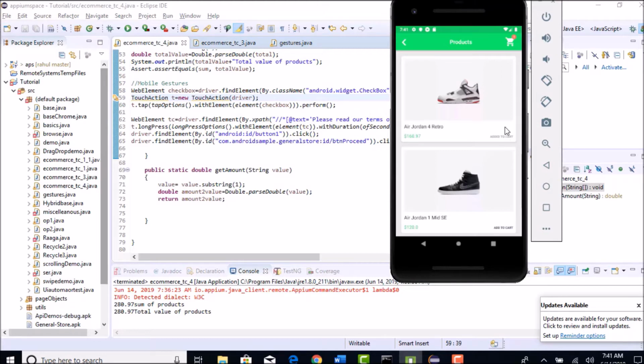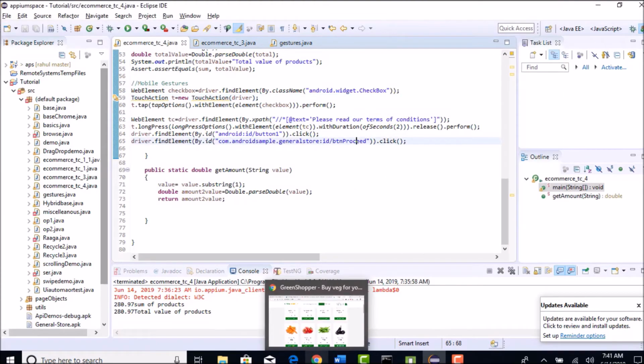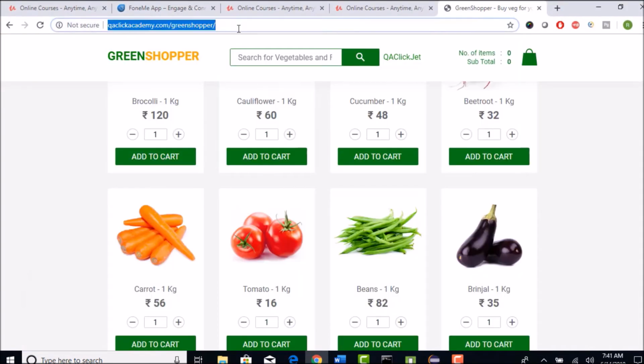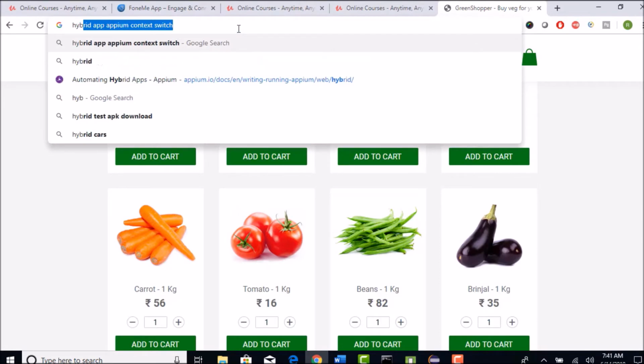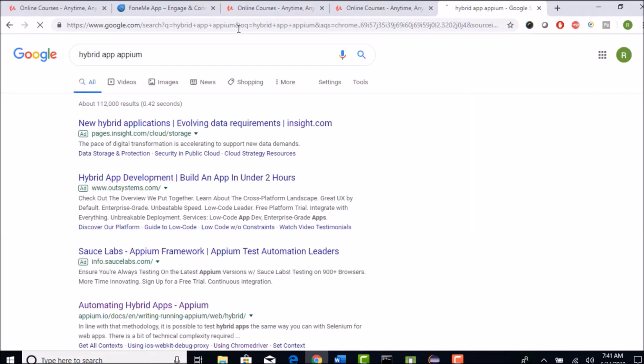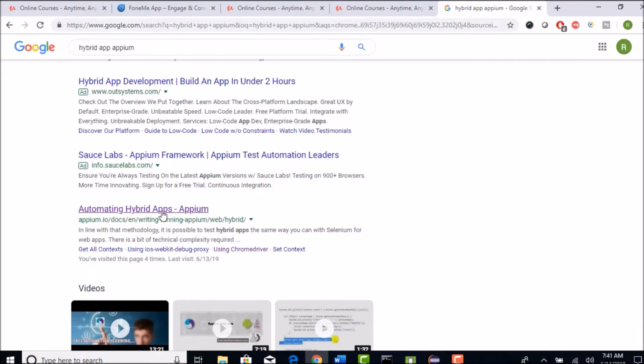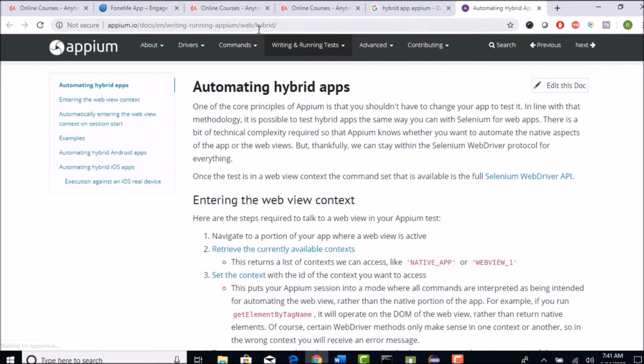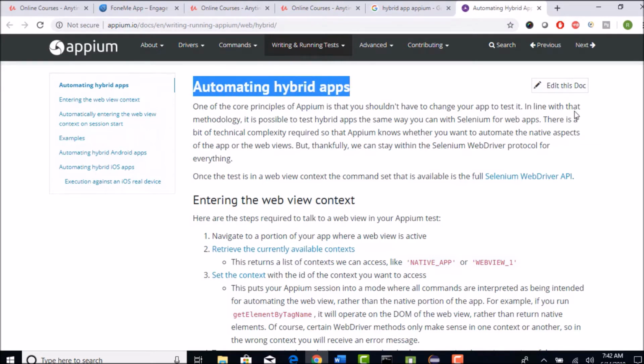Now, let me go to my browser and show hybrid app, Appium. Type this and go to their official website, this one, Automating Hybrid Apps. They have given neat documentation showing how to switch your context when you are in web view and dealing with hybrid apps.